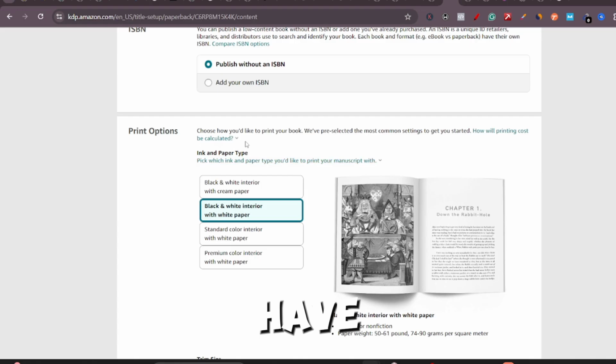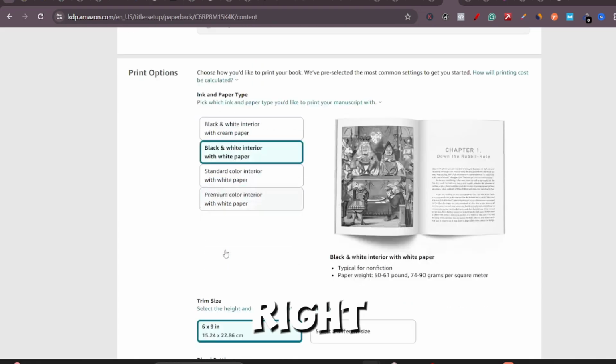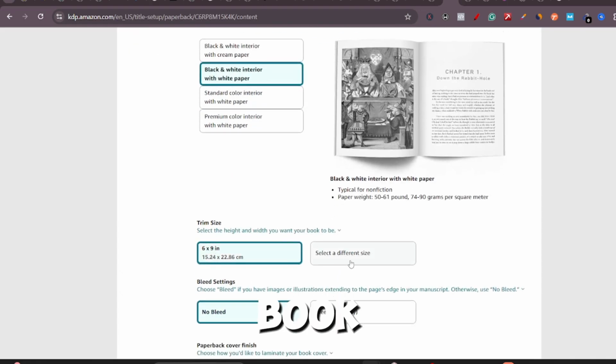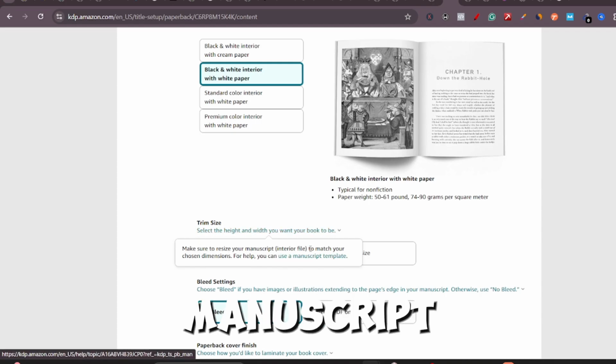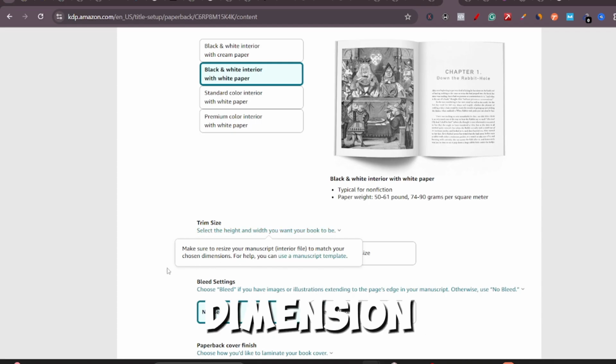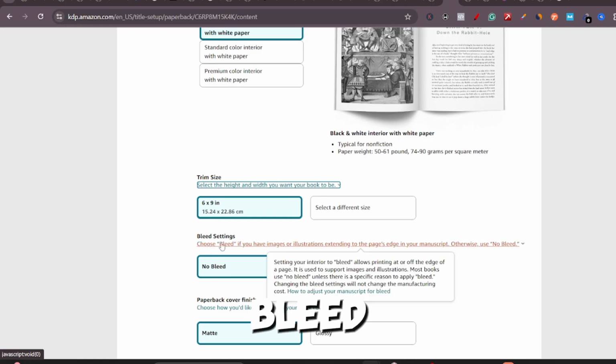I just want us to have our first book out there, right? So we can go on. This is the book, select the different size. Make sure to resize your manuscript and interior file to match your chosen dimension. Leave it there. No bleed. Choose bleed if you have images or illustrations